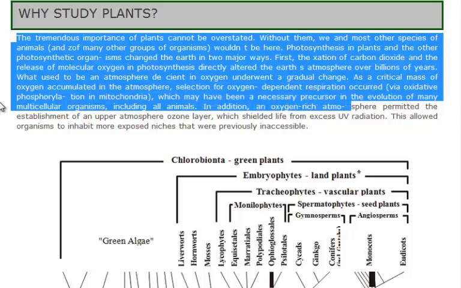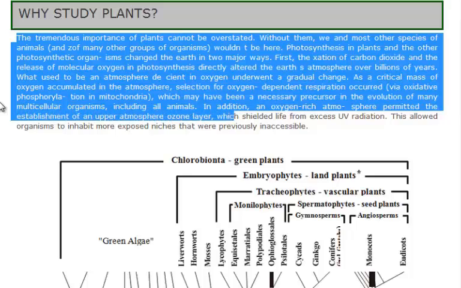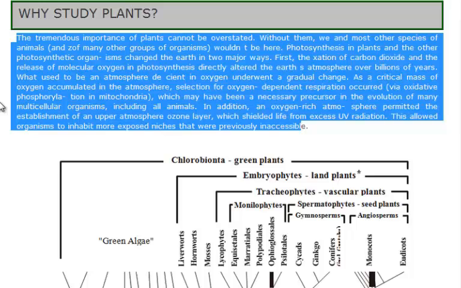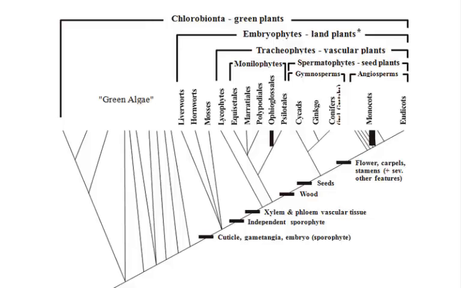In addition, the oxygen-rich atmosphere permitted the establishment of an upper atmosphere ozone layer, which shielded life from excess UV radiation. This allowed organisms to inhabit more exposed reaches that were previously inaccessible. Figure 1.3. Simplified